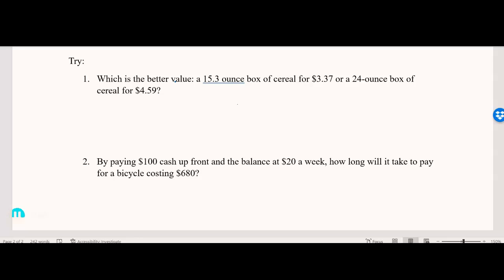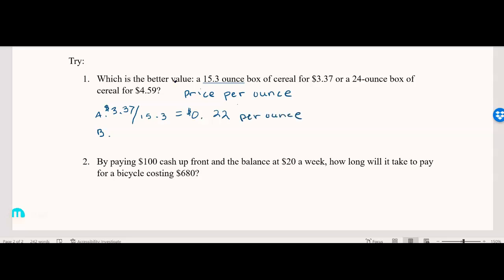Well, this is what we're doing just like we did before. Remember before we were finding the price per sheet? Well, in this case, we're given it in terms of ounces, so we will find the price per ounce. We have 2 cereal boxes, so I'm going to put A and B. Cereal A is the first one. That's going to be the price over the ounces, and this is going to give me the price per ounce. Rounded to the nearest cent, you should get about 22 cents